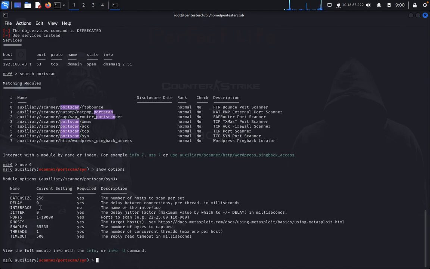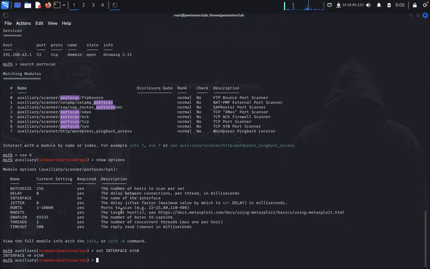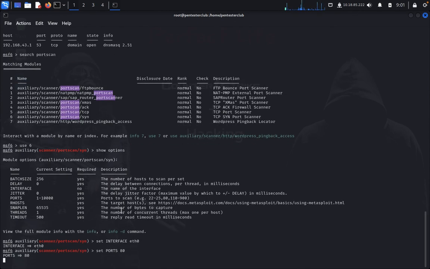We need to set up all of this here. First of all, we need to type set interface equal to 0, then set ports 80,